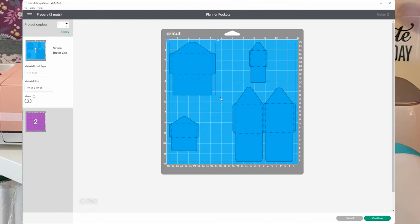This means I can use different materials in different areas. So for example, I could put these ones down here and cut them out of the same material. I can make these 2 out of the same material. If I want to really keep them separate, I can add another one here. Now, these are going to be scrap pieces that we are going to use. I'm going to move this one out of the way just a little bit so that I can use them